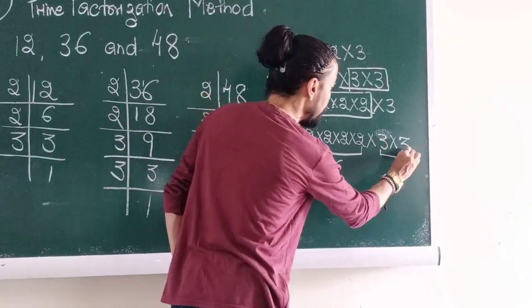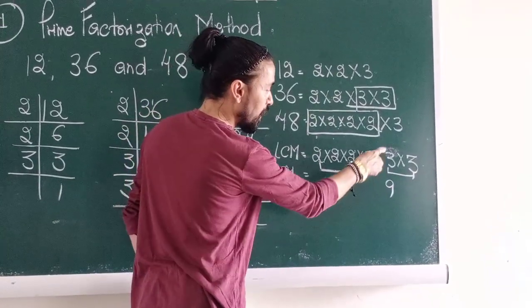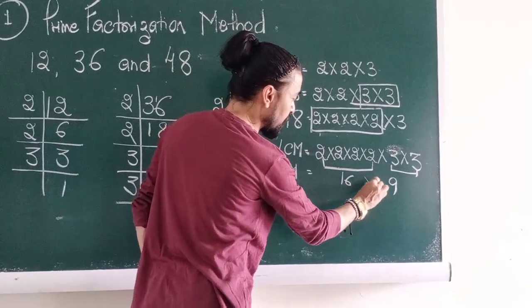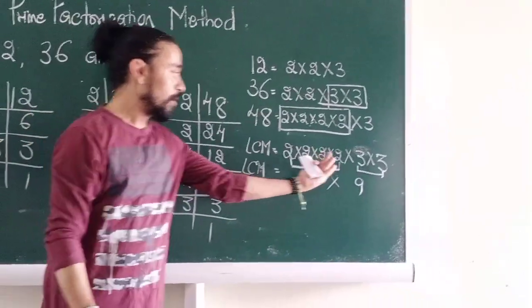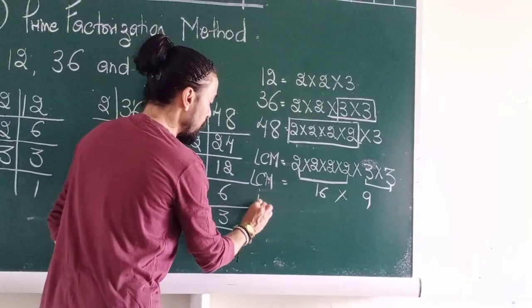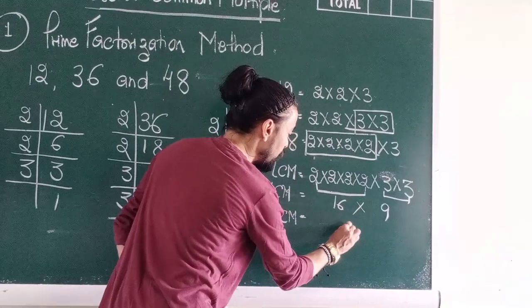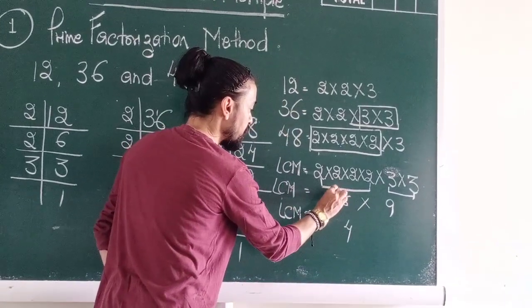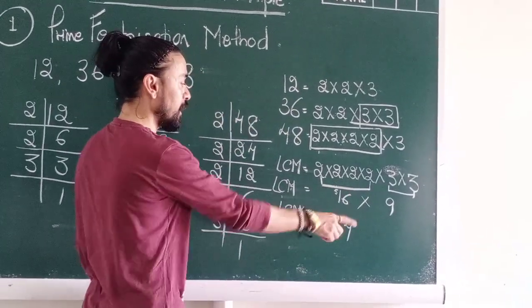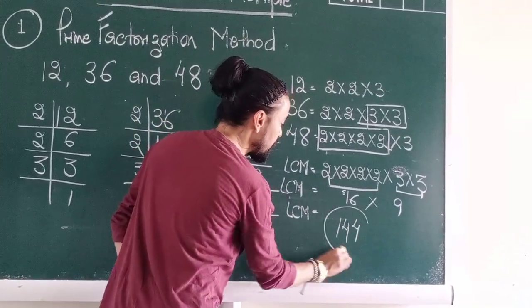3 3's are 9 and write 9. What comes between them? This multiplication sign that was between all the 2's and all the 3's. And then I multiply to get my final answer. 9 6's are 54. Carry 5. Make a small 5 here. And 9 1's are 9 and 5, 14. So my LCM is